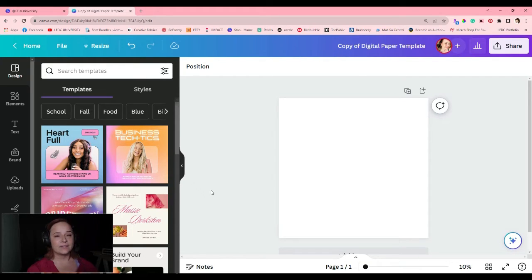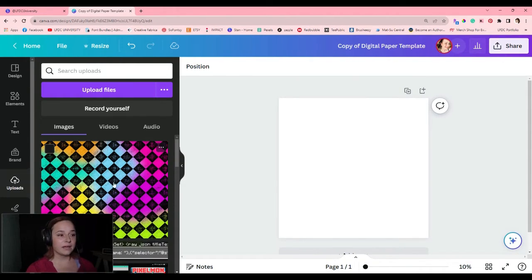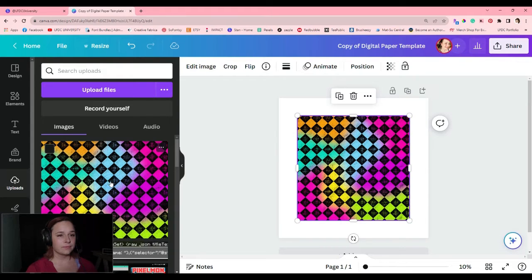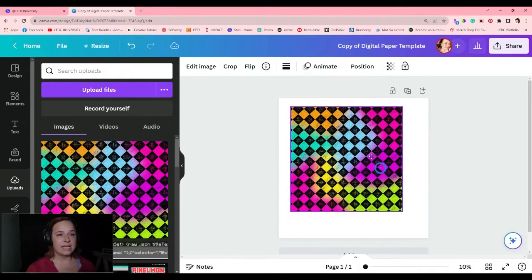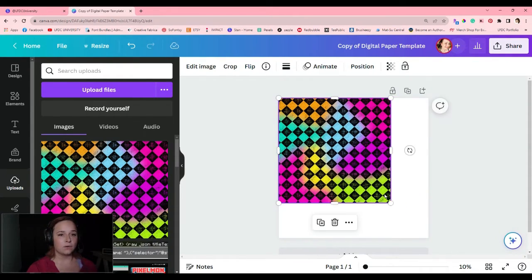So let's say I have designed a digital paper, and now what I need to do is just put it in the proper size for each sublimation item. This is where the template comes in handy, and this is what it's used for. So I'm going to go ahead and upload one of my digital papers. Okay, so here is my digital paper, and I am just going to add that now to my canvas. So there we go, I've added it, and now I'm just going to stretch it over the canvas that I have created,